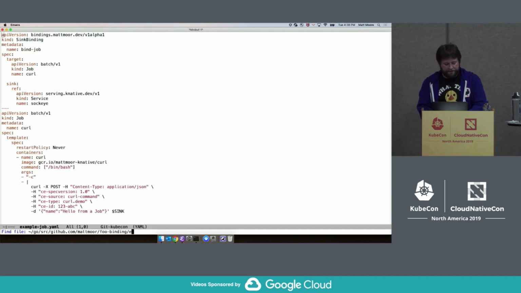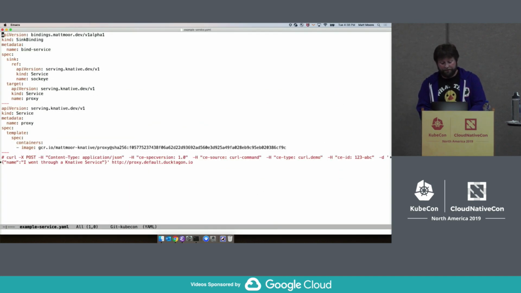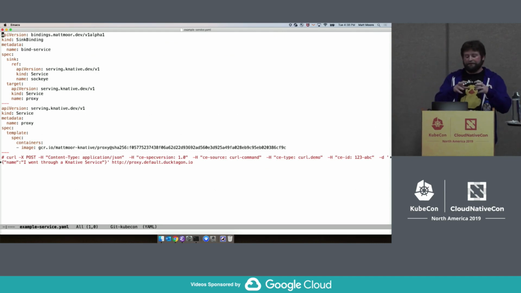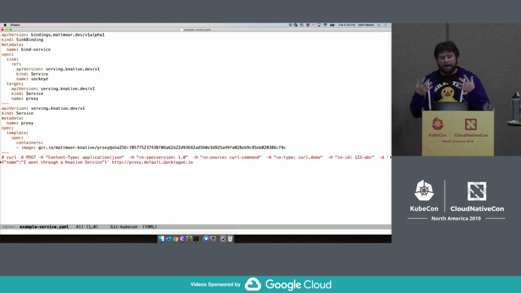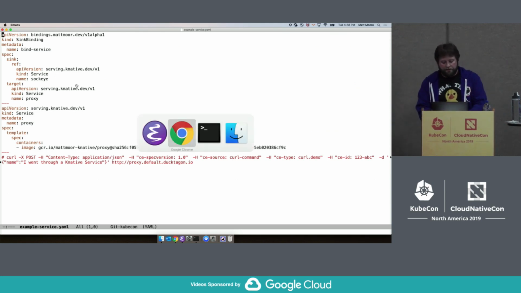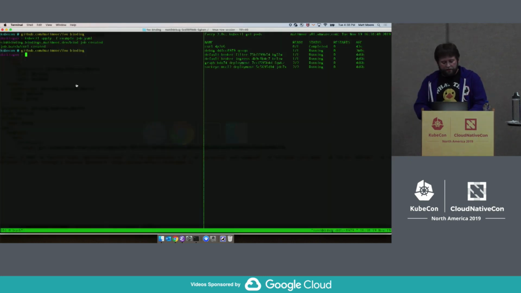Let's show what this looks like with a Knative service, which is a CRD that's defined, and we have no baked-in knowledge of this in Sockeye or the sync binding or anything like that. Here I have a simple proxy image. All it does is listen on 8080, and every time it gets an event, it sends it to what the sync environment variable says to send it to. So if I kubectl apply this,